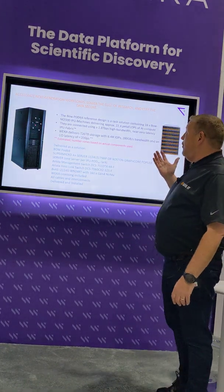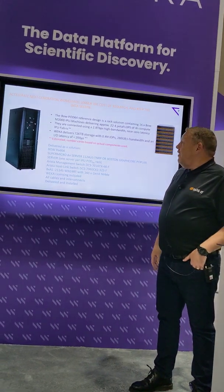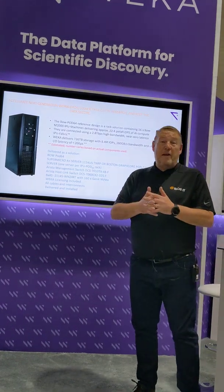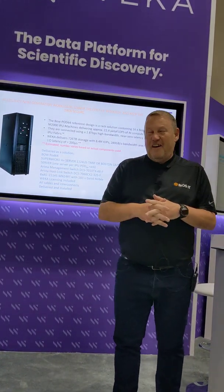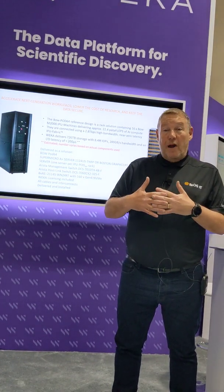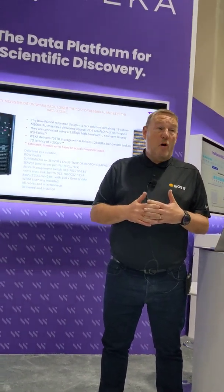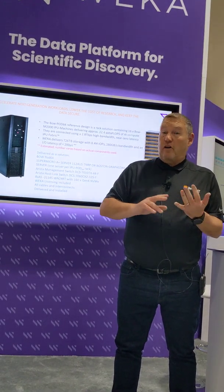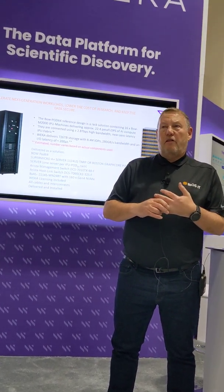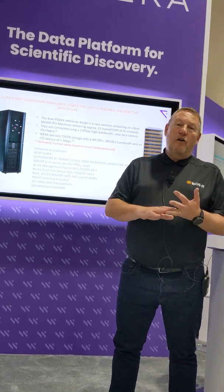This is what a solution could look like. This is the BIOS 64 reference architecture. That sits in a rack, delivering close to 22.4 petaflops of AI performance. Marry that with performance from the Weka storage, and you have something that can deliver incredibly fast time to market solutions for drug discovery, and for any form of algorithm that is based around BERT, which it is incredibly efficient at working with. NLP is another